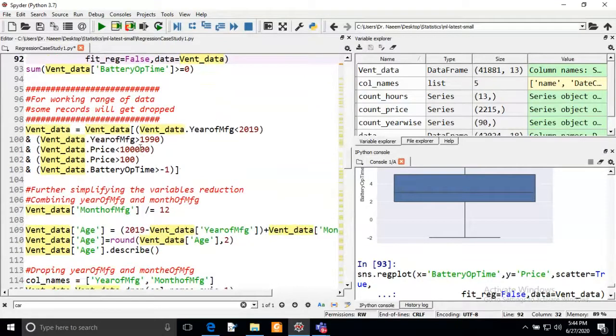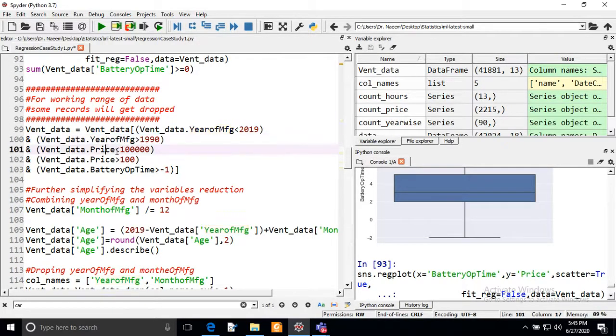Now we are moving to work with the manufacturing year, price, and battery operating time, and we will try to narrow down the range of these variables. I am keeping only the entries below 2019 in my analysis, and entries above 1990.